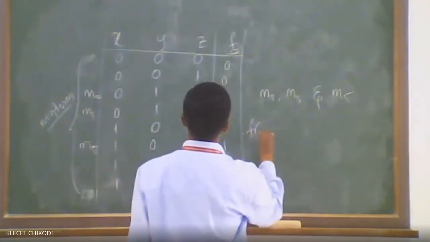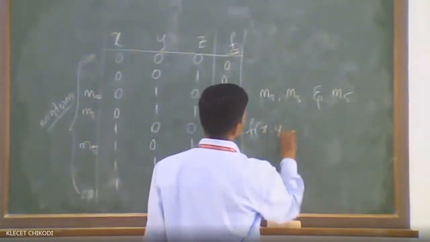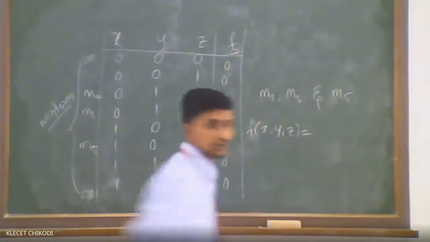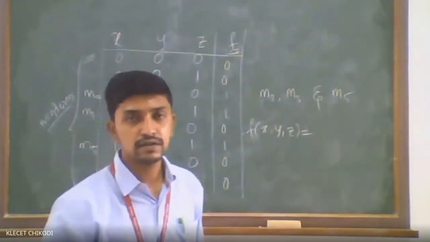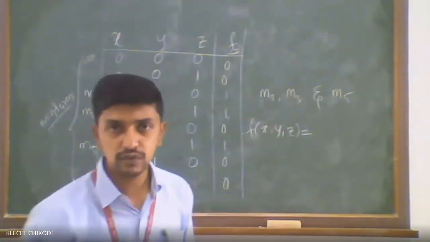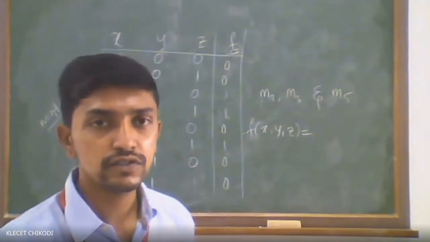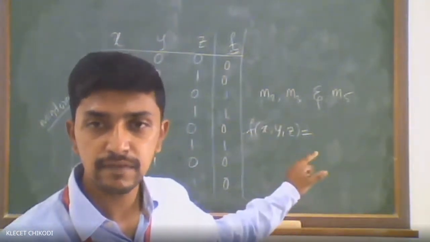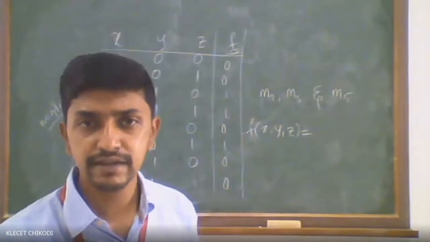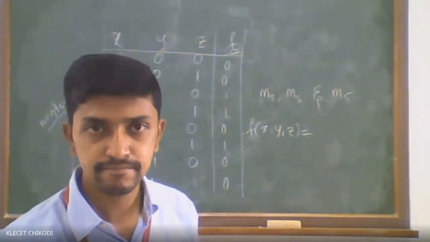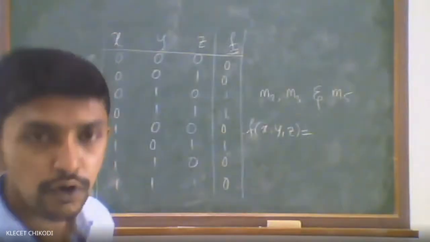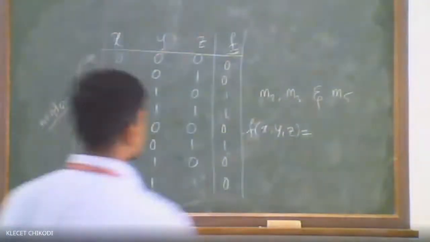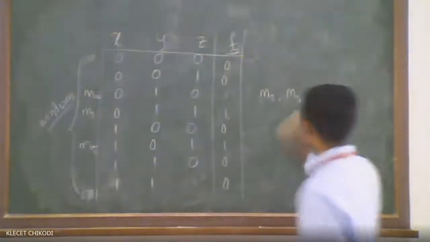It will be function of x, y, z is equal to, function of x, y, z is equal to. So which notation we need here? We need some notation, right? Sigma. So before going to that, you just see here